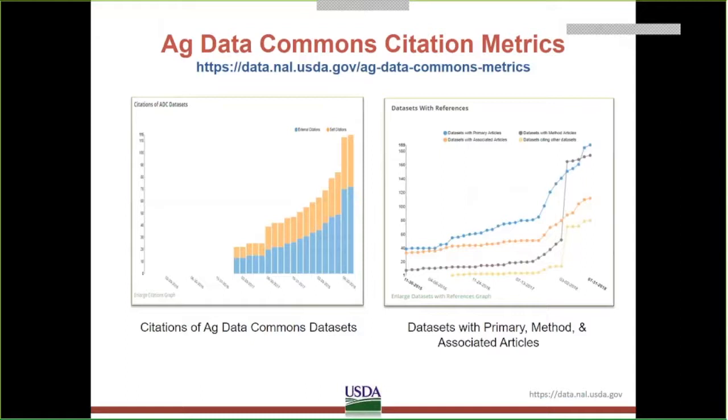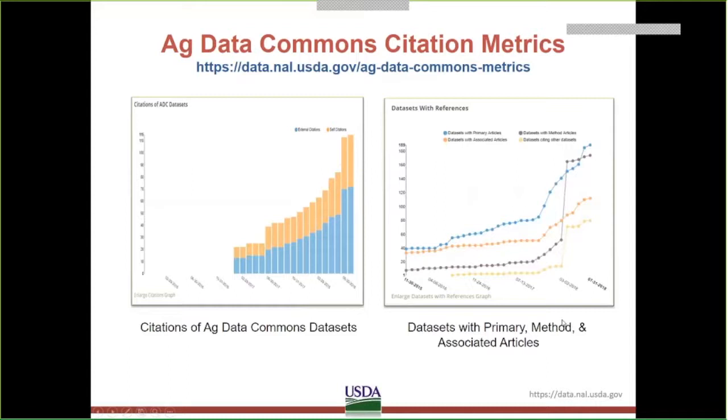We're collecting a variety of site metrics in our dashboard with interactive charts providing monthly statistics such as registered users, number of catalog datasets, download and search activity, and a breakdown of datasets by each of the USDA agencies. And here you can see charts for incoming and outgoing article citations. We'll get to the metrics from the Ag Data Commons About tab at the top.